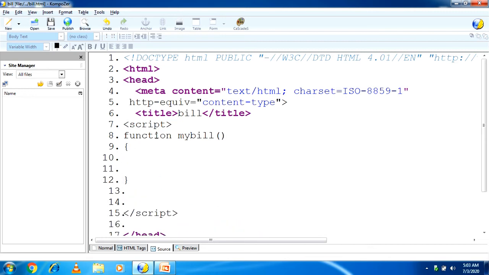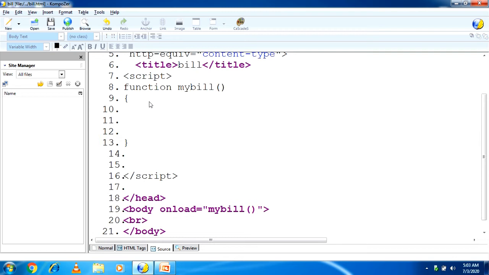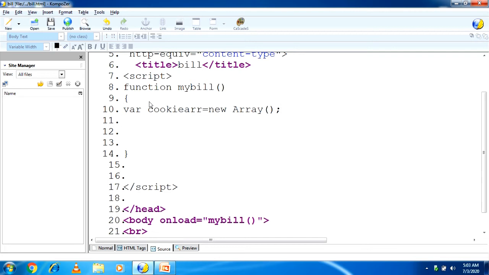So when this page loads, the call automatically goes to the function myBill. Okay student, now here I take one variable, cookie array. What is the definition of an array, student? An array is a collection of elements of the same data type. So here I am writing new Array(), semicolon.